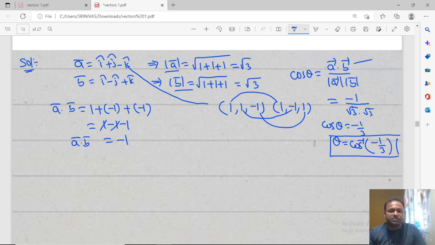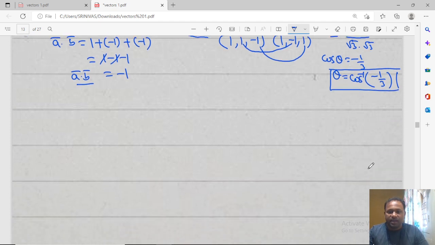Understood? So just mod a bar I got, mod b bar I got, and a bar dot b bar I got. Don't get confused about this. I terms multiplied, j terms multiplied, k terms multiplied. We already did this in the previous problem. Okay? Right. I think you won't have any confusion. Okay. Next,